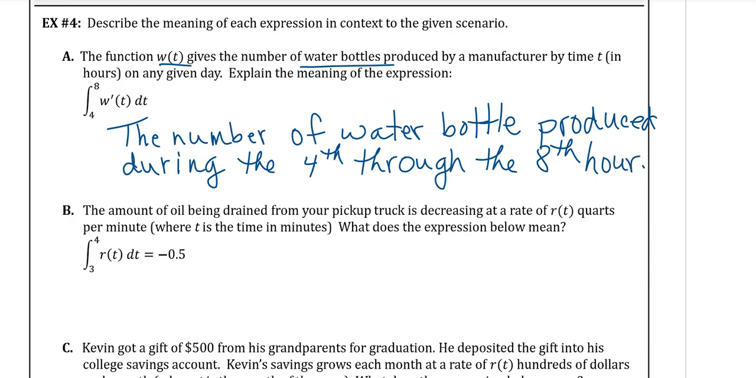Okay, next part. The amount of oil being drained from your pickup truck is decreasing at a rate of R of t quarts per minute, where t is the time in minutes. What does the expression below mean? So you always want to go back and look at what your functions mean. So R of t means it's the rate of quarts per minute. So we're integrating rate. That will give us the amount. And this time we have a value. So what we're going to say is that, because it's negative, we're draining it. So we're going to say that 0.5 quarts